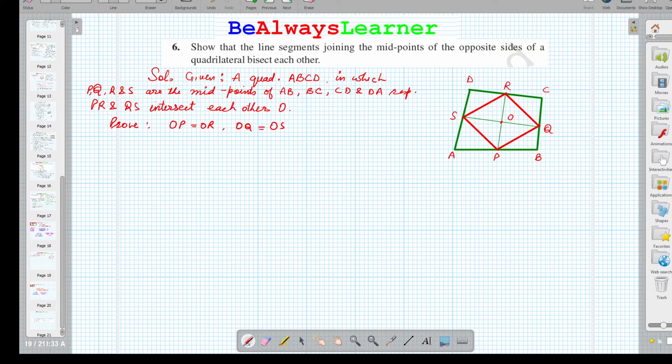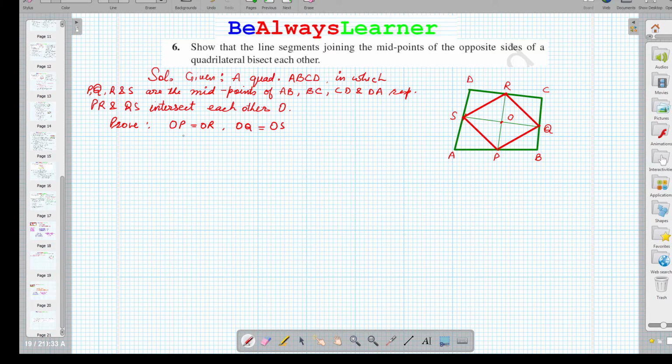This is equal to this and this is equal to this. So that the line segment joining the midpoint of the opposite sides of a quadrilateral bisect each other। तो ये क्वाड्रिलेटरल है, इसके मिड पॉइंट लिए हमने ज्वाइन किया। तो हमें ये प्रूव करना है कि दिस लाइन सेगमेंट इज इक्वल टू दिस लाइन सेगमेंट एंड ओ आर इज इक्वल टू ओपी।